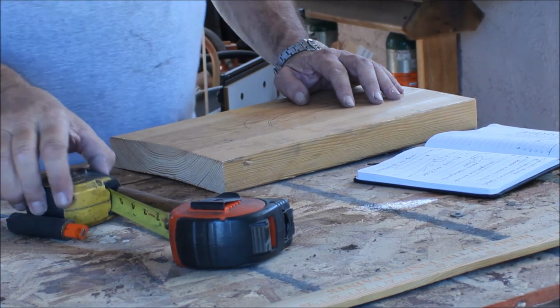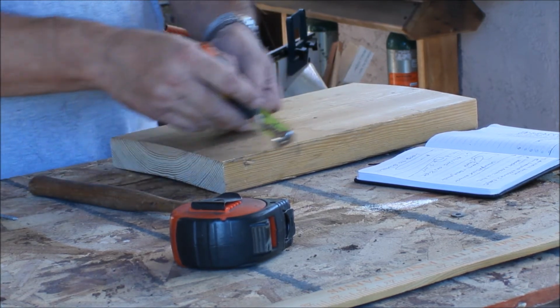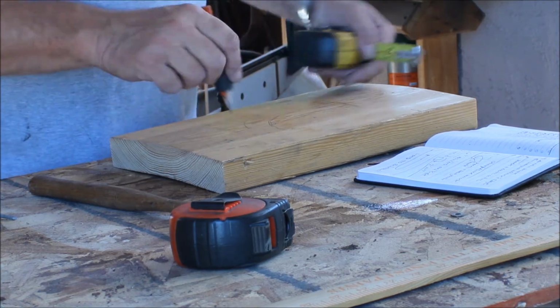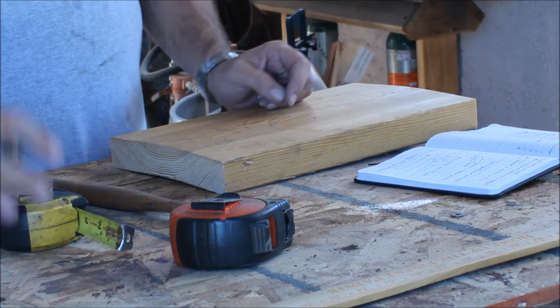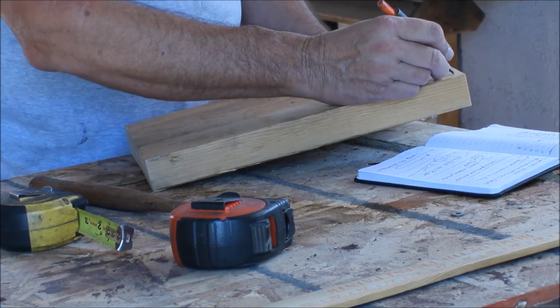It has nothing to do with the tape measure, but sometimes you want, let's say, a 1/4 inch edge all the way around this. And you go around and you mark it and you use your ruler and all that stuff, and that's fine. If it's not critical, let's say I'm doing a sign, and I've already made a mark, let's say right here,